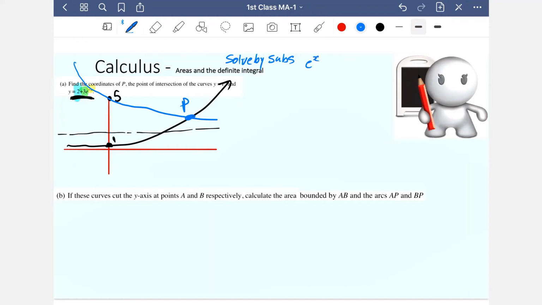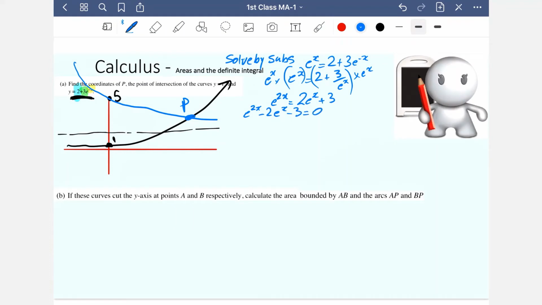So let's do that. e to the power of x equals 2 plus 3e to the negative x. e to the power of x equals 2 plus, well, using my knowledge of index laws, 3 over e to the power of x. Multiply everything by e to the power of x. Okay, we're going to get e to the power of 2x equals 2e to the power of x plus 3. Move everything to one side, e to the power of 2x minus 2e to the power of x minus 3